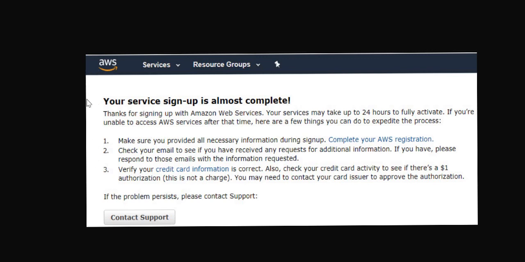Someone may face this type of pop-up. Don't worry guys, while creating EC2 it will come. This is nothing but AWS verifying from their side. So your account will take 24 hours to fully activate. If you are lucky, you could get your verification within an hour. So it may take some time, based on your luck and based on their time to get verified. If you are not verified, you can click contact support and reach our AWS team. So don't worry guys, you will be getting verified within 24 hours.